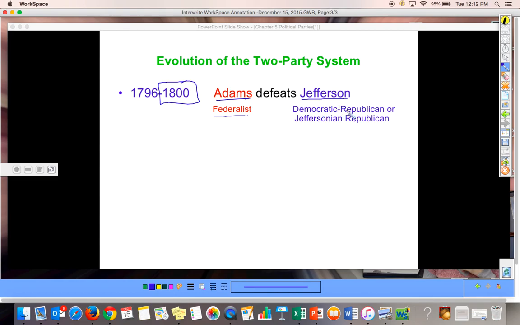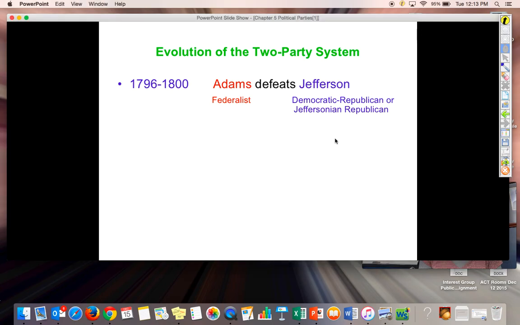In textbooks, he's also called a Jeffersonian Republican, and many times the first word is dropped there and they call them the Republicans. That does not mean that they are the modern day Republicans. Jefferson is often considered one of the founders of the Democratic Party. You will hear during elections, we are the party of Jefferson. So even though these have the word Republican in it, it is not the Republican Party that you know today. It must be Democratic Republican, or if it's referring to Thomas Jefferson, the Jeffersonian Republican. So keep that in mind.